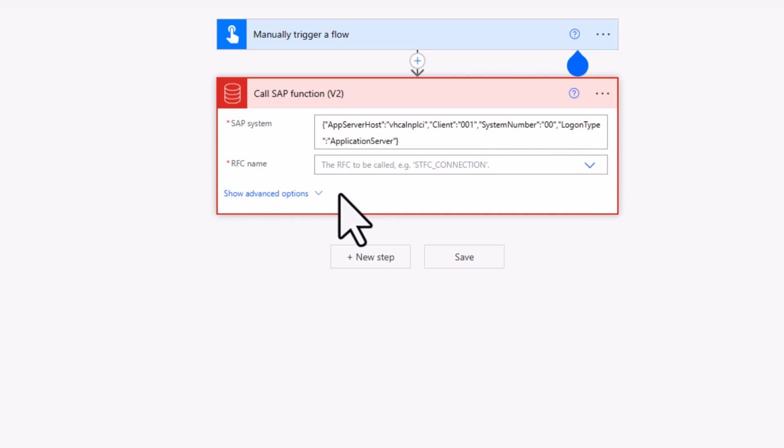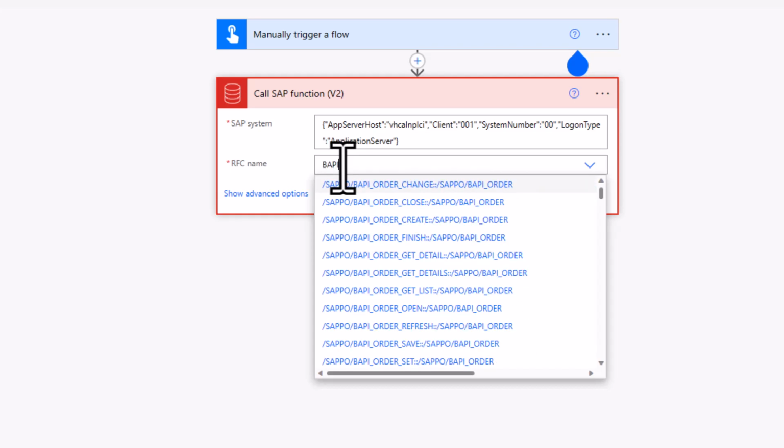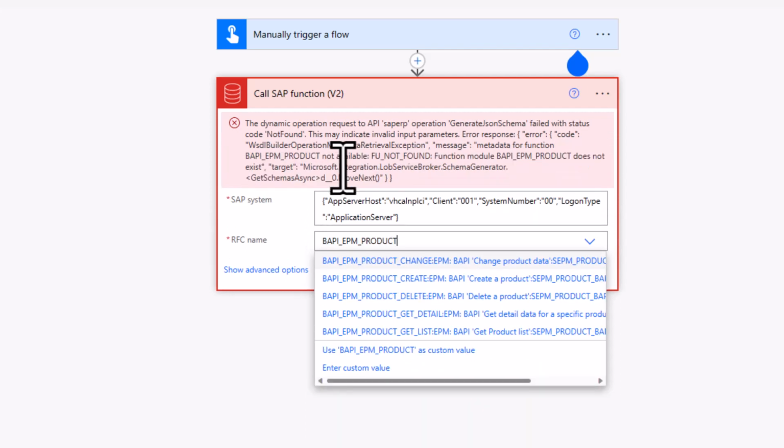So with this, if I now search for the RFC name, it should pop up here. Let me start with a very simple RFC name. And you can see already the list of all the RFC services is built up. In my specific case, I'll just want to use the BAPI for one of the EPM services. So I'll just start typing BAPI_EPM_PRODUCT. And you can already see that it fetches the available BAPIs. So in my case, I'll just use this